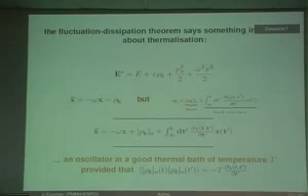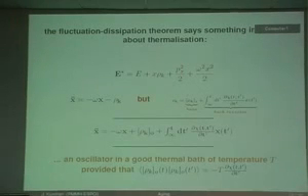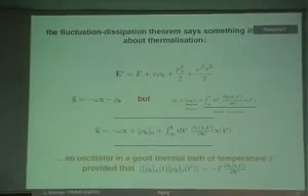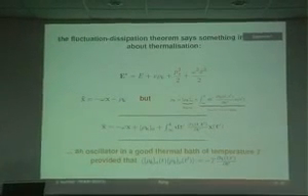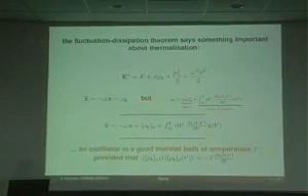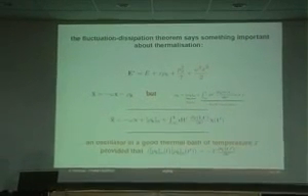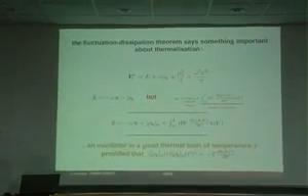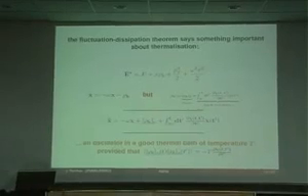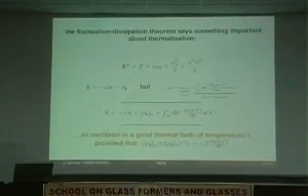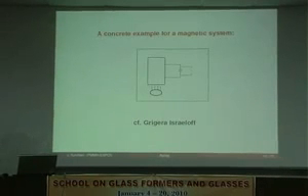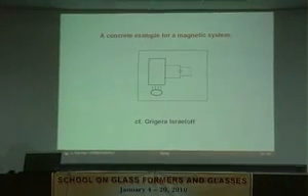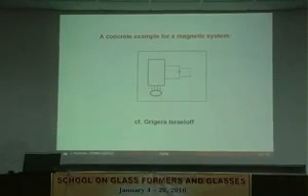Okay. And what I said here between a system and a thermometer is also true between two systems. So they will not exchange any energy on average to the extent that both satisfy the fluctuation dissipation theorem and, of course, at the same temperature. Okay, so this is an experiment which actually we proposed as a thought experiment